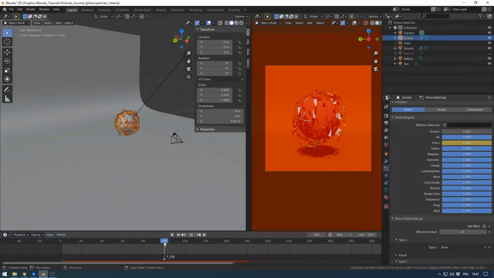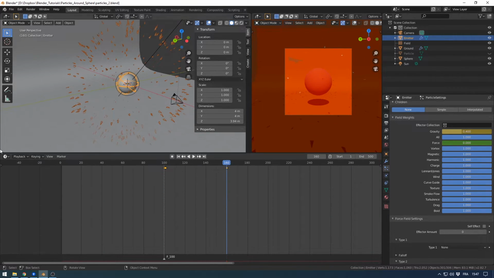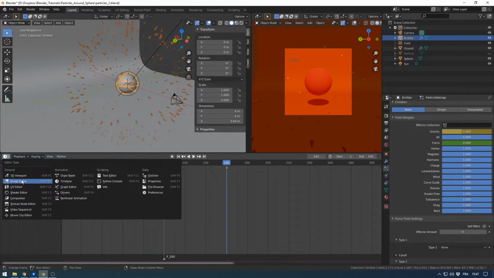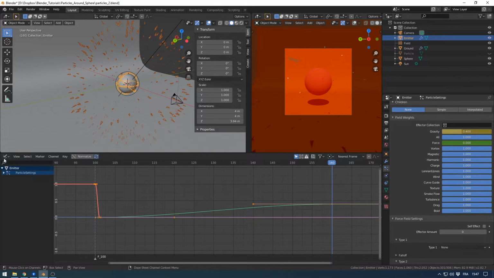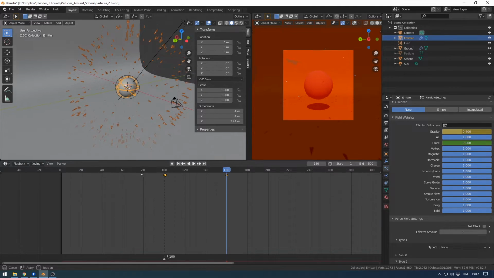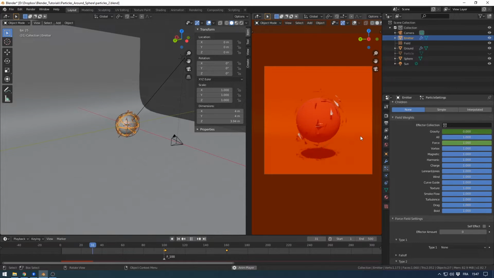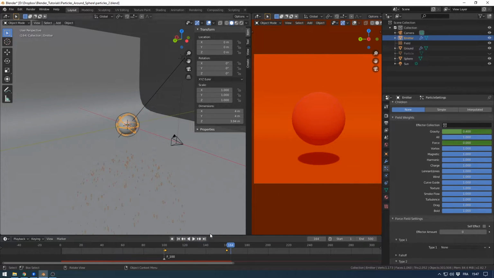And now at the same time I will key the gravity and go to the frame here, 160, and set the gravity to 0.4 and key the gravity again. I could check the graph editor here. Yes, I think it's good. Timeline. Great, perfect. You can see that now